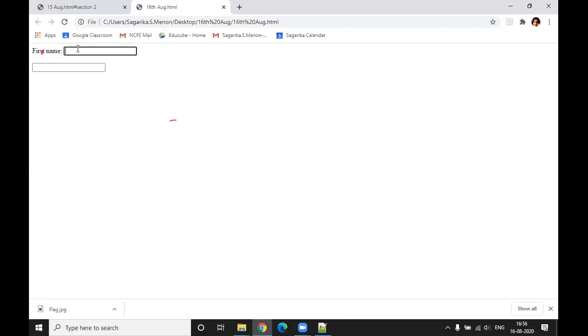So see, this gets highlighted. I hope you guys are getting it. Why is it getting highlighted? Because we have bound it. People should know this label is for which particular box, and how we did it using ID. Now Karan, please show me what you have done.